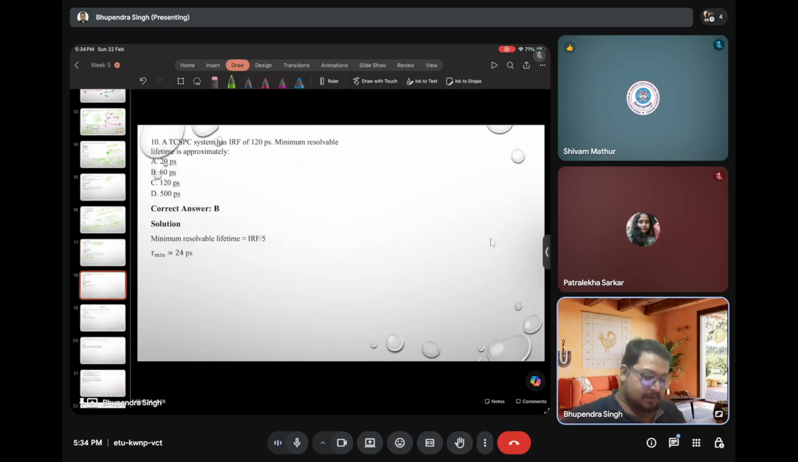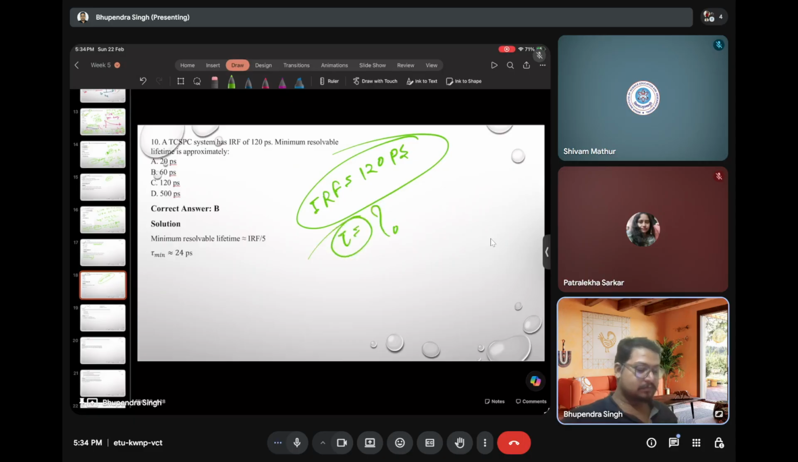Okay, a TCSPC system has an IRF of 120 picosecond. IRF is given. The minimum resolvable lifetime is approximately... So IRF means the instrument response function. How do you calculate the IRF? You excite the molecule, not excite actually, basically it is the lifetime of the